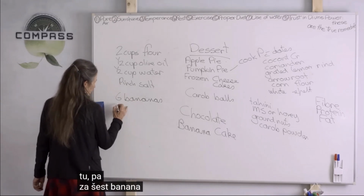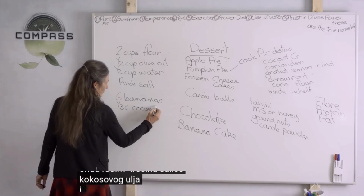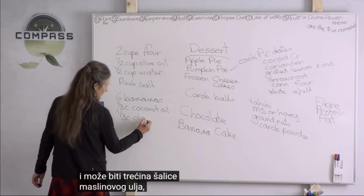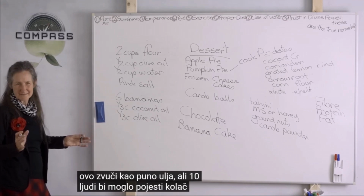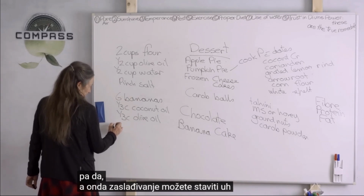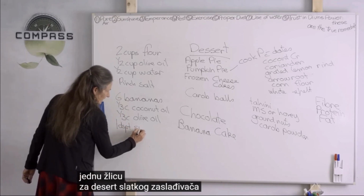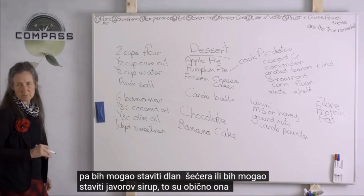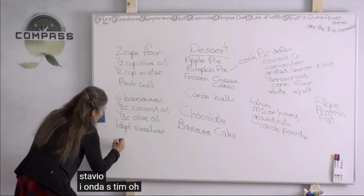So for 6 bananas, then I do 1/3 of a cup of coconut oil, and you melt that, and maybe 1/3 of a cup of olive oil. This sounds like a lot of oil, but 10 people might eat the cake. And then the sweetening, you might put 1 dessert spoon of sweetener. So I might put palm sugar in, or I might put maple syrup. That's usually the two I put in. And then with that, maybe